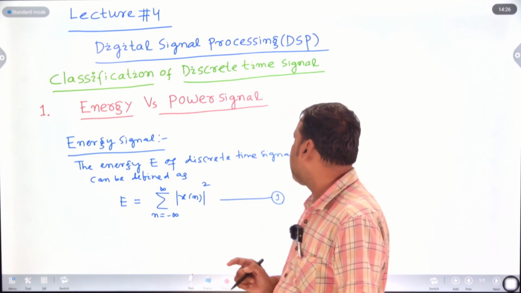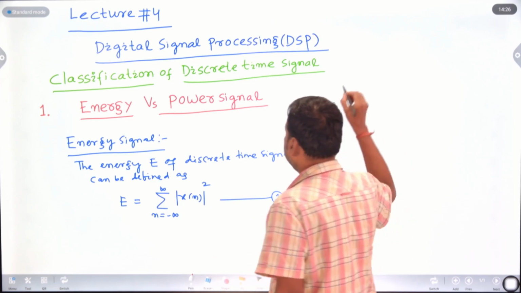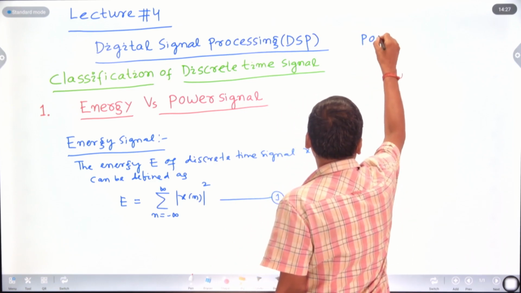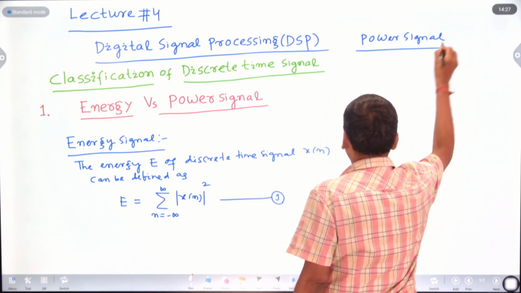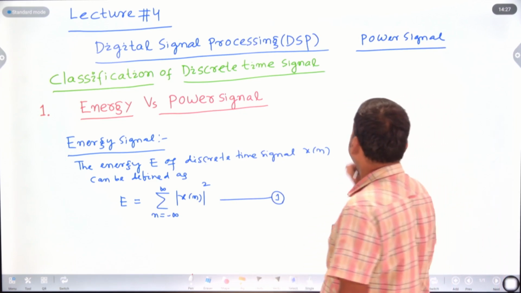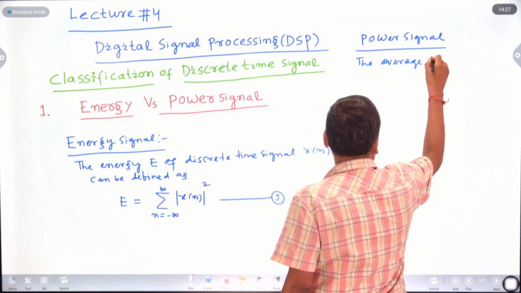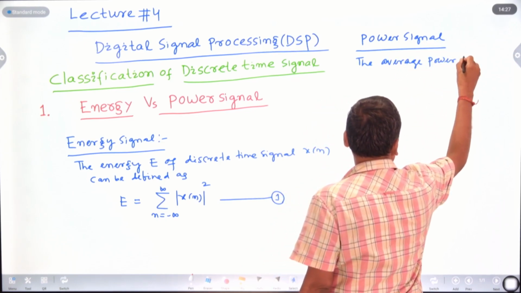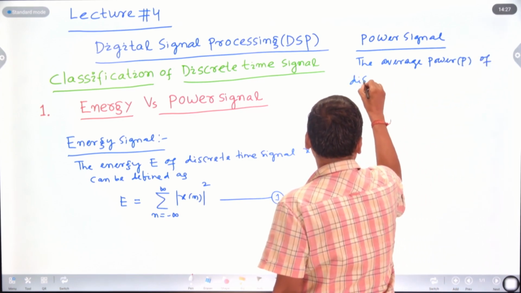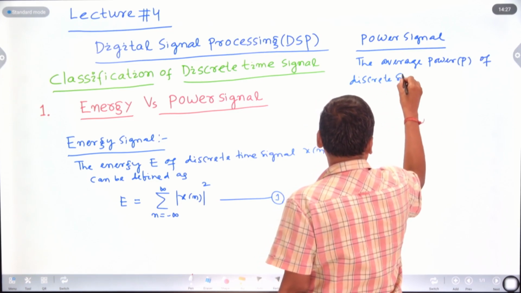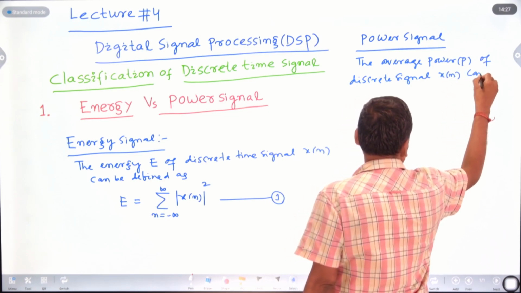If we categorically define the difference between energy and power, for a power signal, the average power P of a discrete-time signal x of n can be defined as